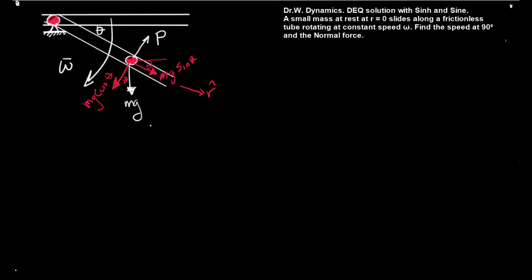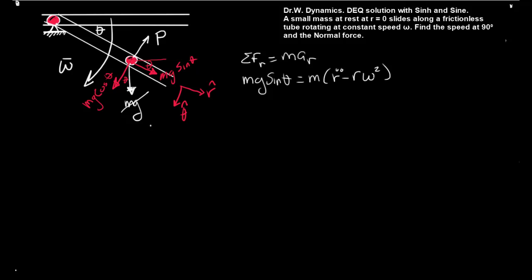This is the r hat direction, and in the direction of omega, we'll call that the theta hat direction. So if we take a look at this in the r hat direction, we have mg sine theta is equal to m r double dot minus r omega squared. The m's drop out, and if I reverse the order here, we have r double dot minus r omega squared is equal to g sine theta